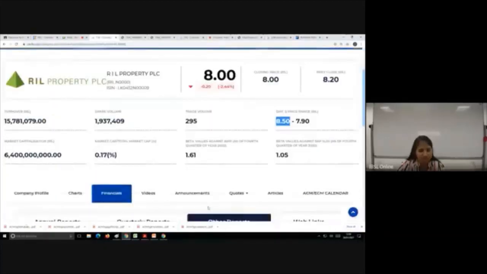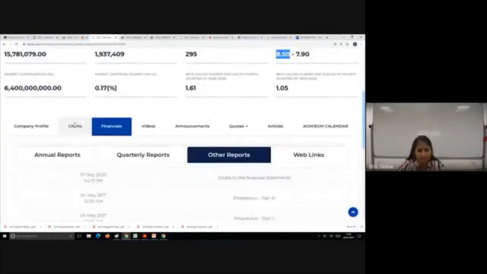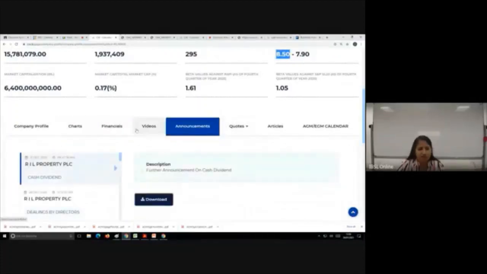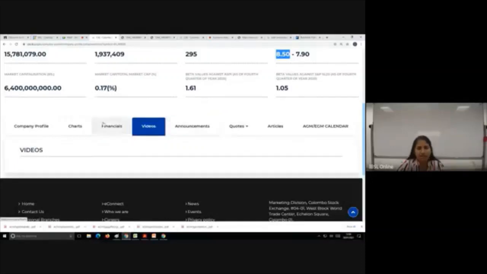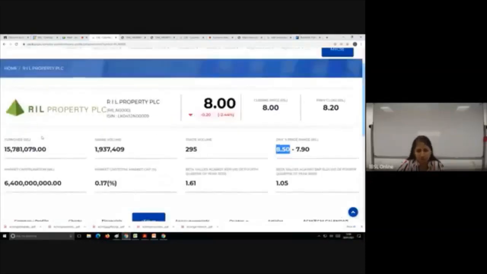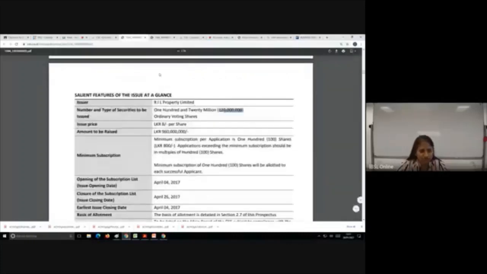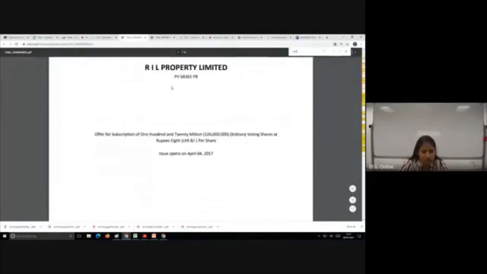They've not given the 52-week high here. If they had given the 52-week high, we could have seen when the share price was at its highest. Maybe they could have sold off. But if they go for it now, no point. Okay, that you can see. Now, let's see whether I think this entity used an underwriter.